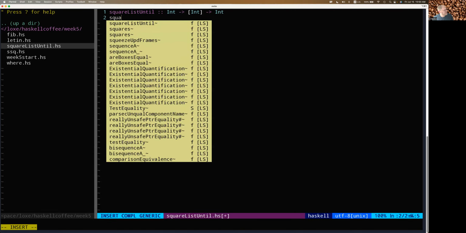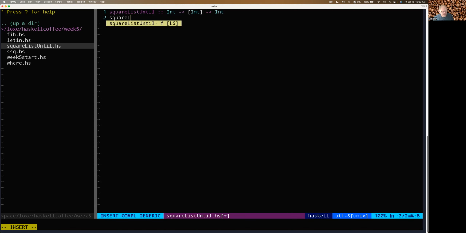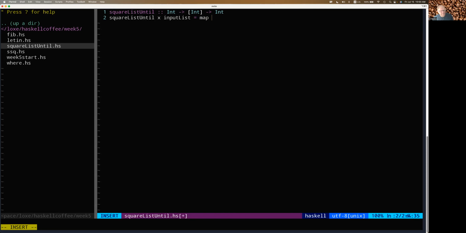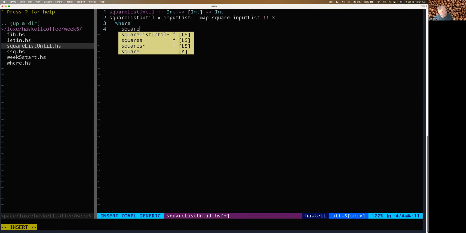So if we're squaring the list until X of some input list, we do map square input list X, and this says start mapping the squares of the input list up until this element x. So we then have where square, which is int,